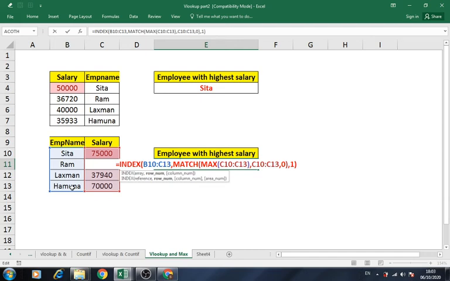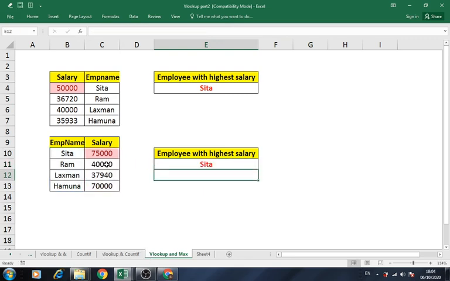And in index, we have to give the row number and column number. In our example, we can get the row number based on the maximum salary. So if we execute this second parameter of the index, if I press F9, yes, I am getting the row number. Okay. Similarly, when I change the values here, I'll simply change it. Now the maximum is this one.